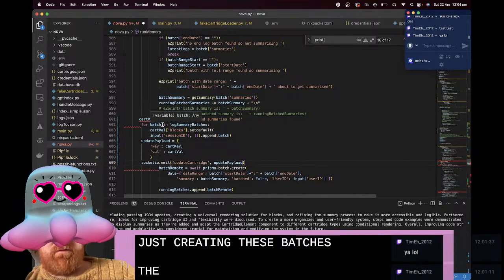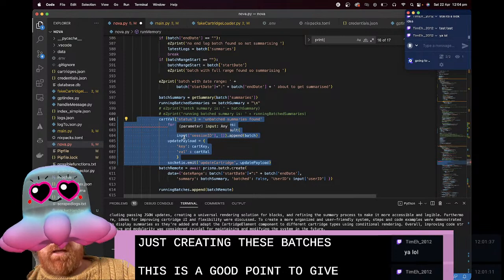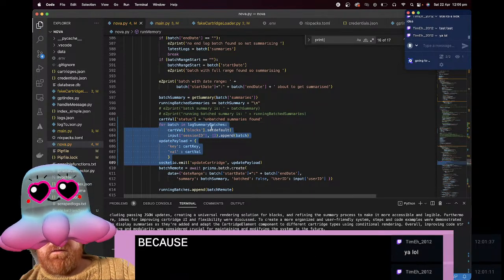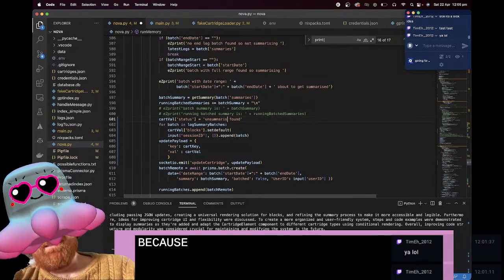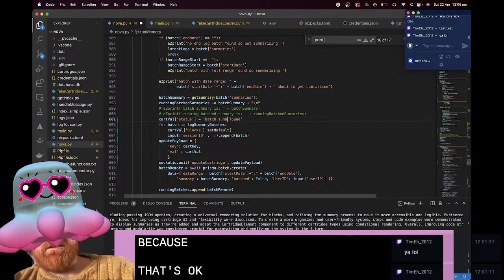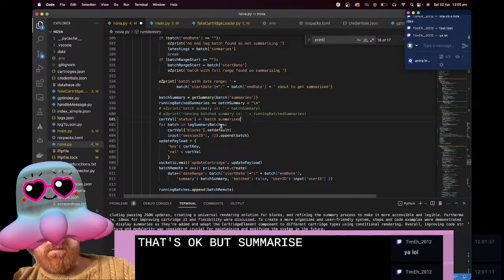So this is a good point to give an update because this unsummarized batch. Oh, okay, batch summarized, and then